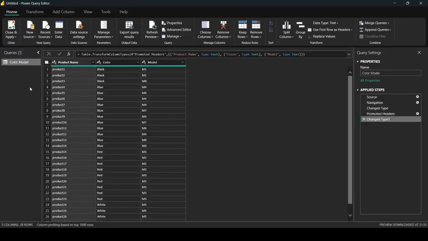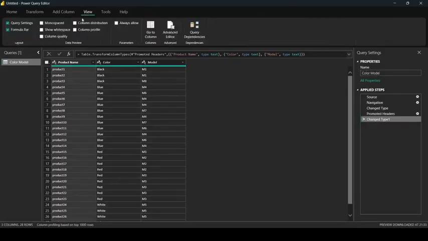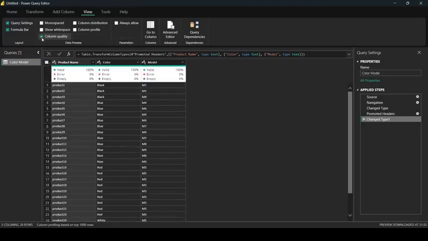After coming into Power BI, there is a view tab. You have to click on it and the data preview option. You have to click on the column quality. After clicking on the column quality option, we can understand the column quality, and there is the other option, column